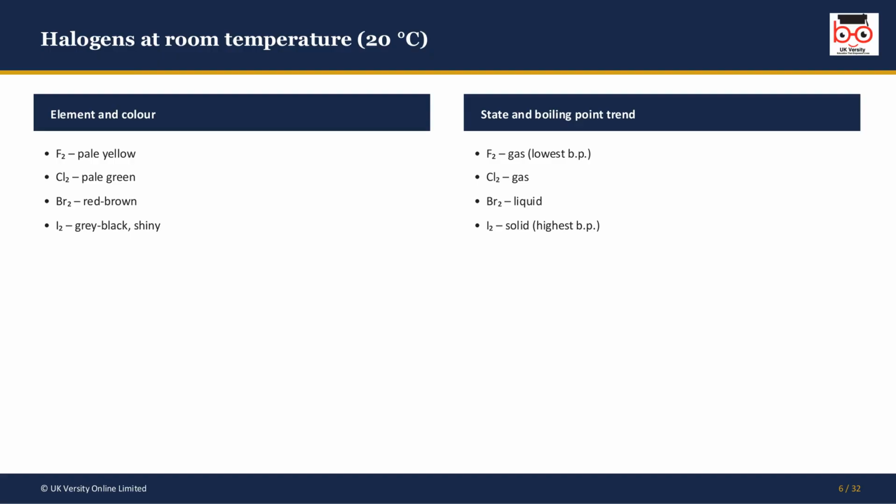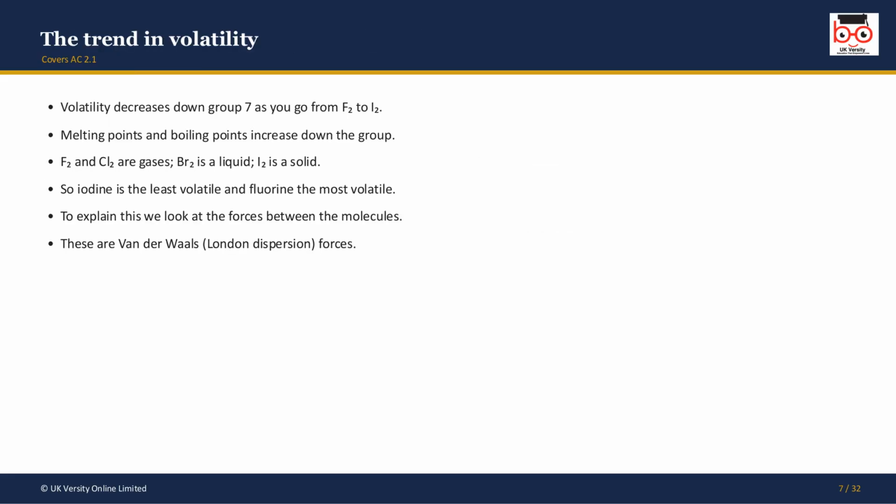Fluorine is a pale yellow gas, chlorine a pale green gas, bromine a red-brown liquid, and iodine a shiny grey-black solid. That lines up with the boiling points, which climb steadily down the group. Fluorine has the lowest boiling point and stays a gas, while iodine has the highest and is solid at room temperature. So volatility, the tendency to evaporate, decreases as we move from fluorine down to iodine. Put the other way, melting and boiling points increase down the group. Fluorine and chlorine are gases, bromine is a liquid, and iodine is a solid, so iodine is the least volatile